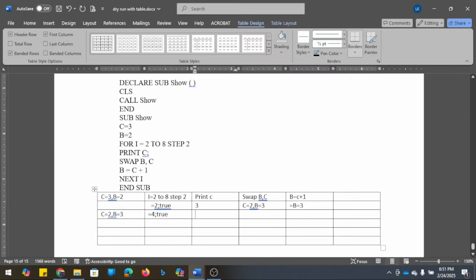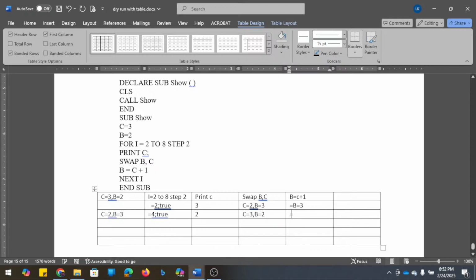Then again swapping is done, swapping B and C. So again C equals 3 and B equals 2.